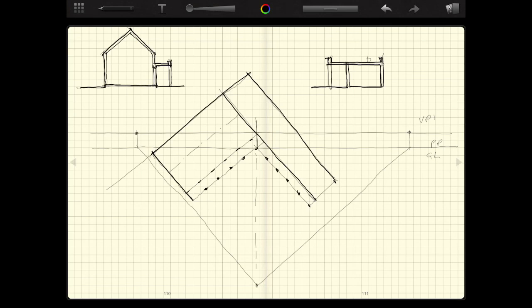So if I pick up the corner of the building here, crosses the picture plane at that point, and then it's happening on that line. Now, in order to get the correct height of that, I simply track the corner of the internal corner to vanishing point 2 in that way, and again here to there,